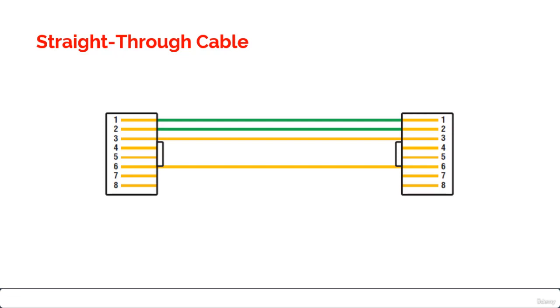In the last lecture, we talked about T568A and T568B wires. Well, in this lecture, we are going to talk about the straight through cable. The straight through cable is used to connect a host to a switch, or a host to a router. Well, no worries, I'll tell you all about devices like switches, hubs and routers in great detail in section 5, where we are going to see everything about the network devices.